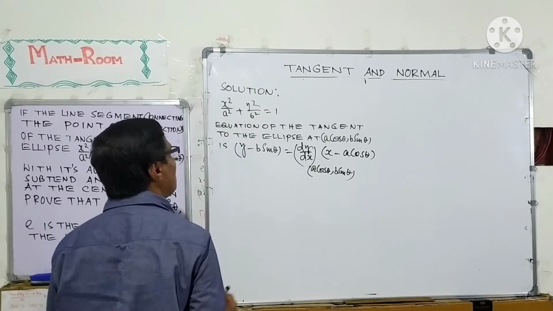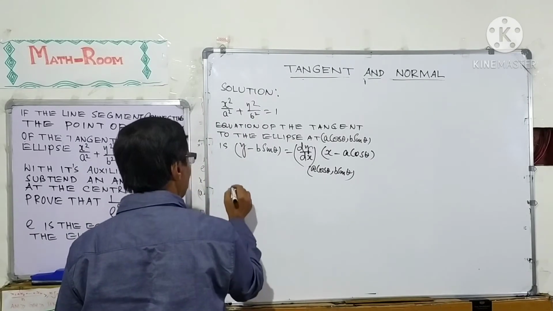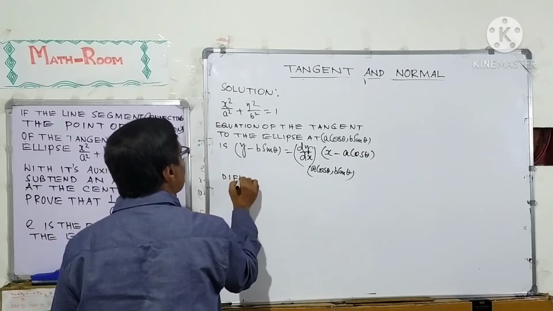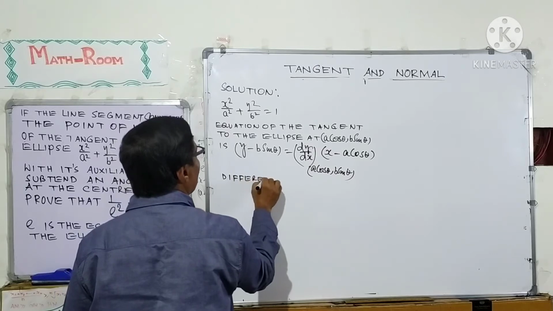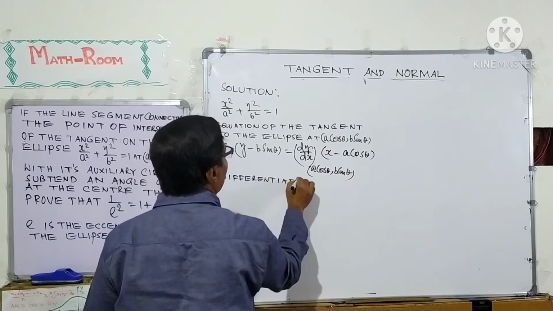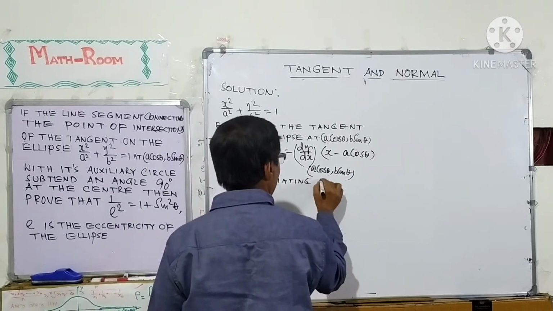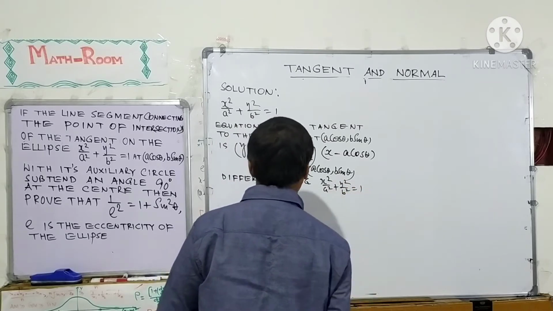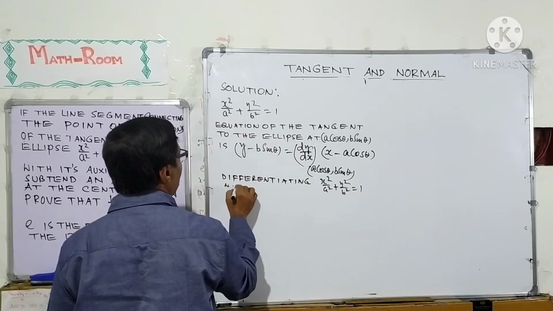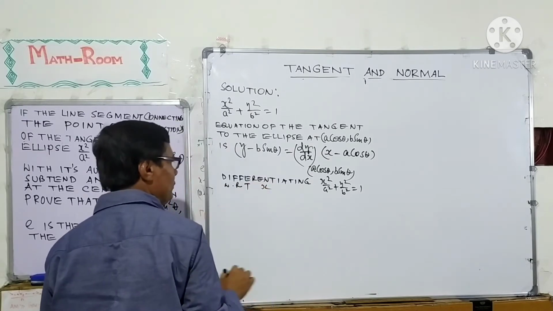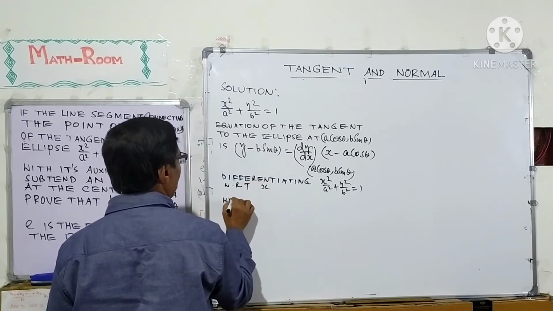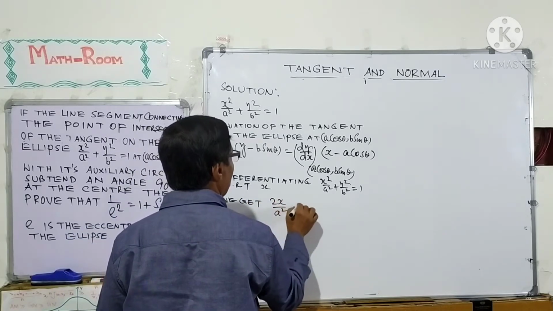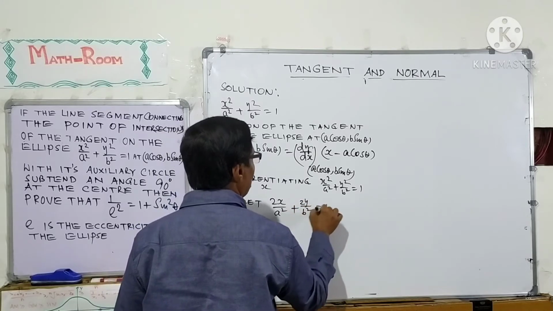We differentiate the equation of the curve with respect to x, and we get 2x over a square plus 2y over b square